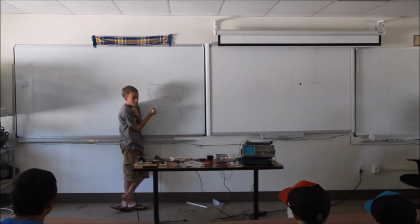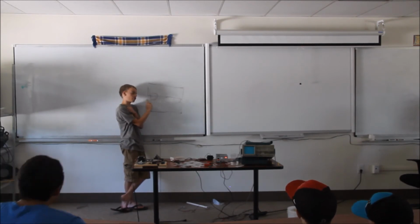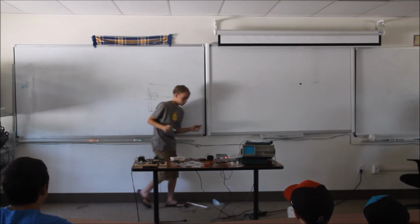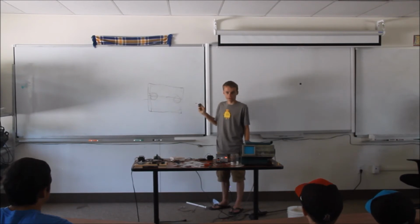And what's going to happen is that it's going to change directions because it's the AC voltage, which is constantly going from negative to positive. So the magnetic field is constantly going to be changing inside here through this coil. Now, the cool thing about this is this changing magnetic field can make current flow